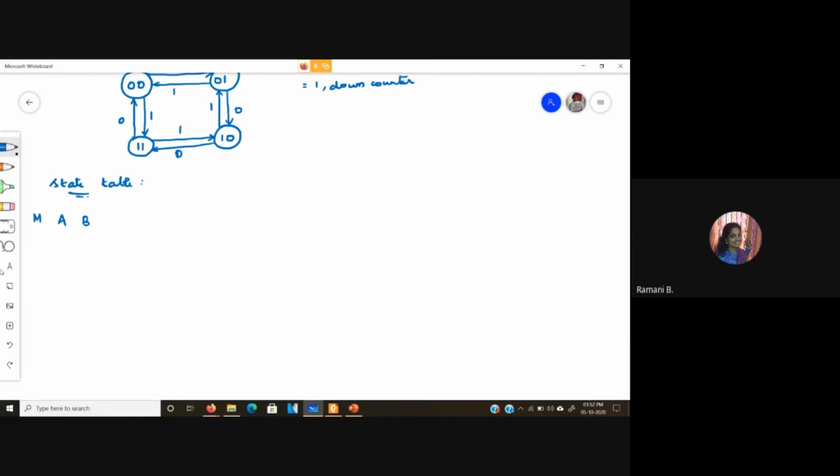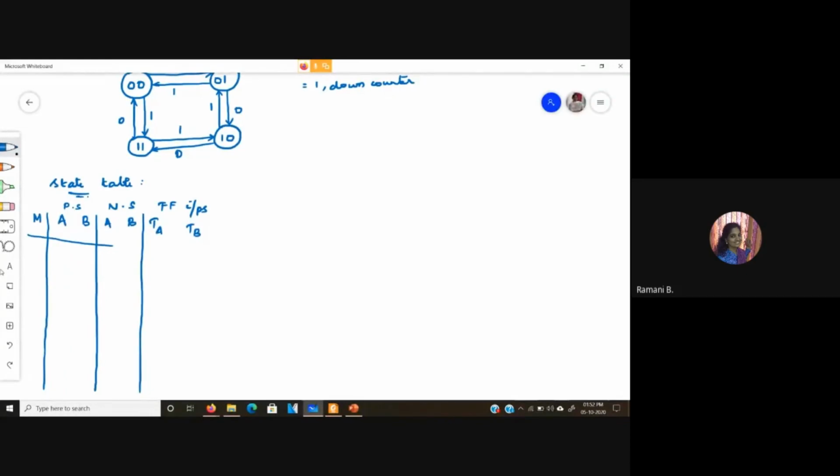This is the control input, this is the present state, and this is the next state. And for convenience, let us use T flip-flop itself. So the flip-flop inputs are TA and TB.